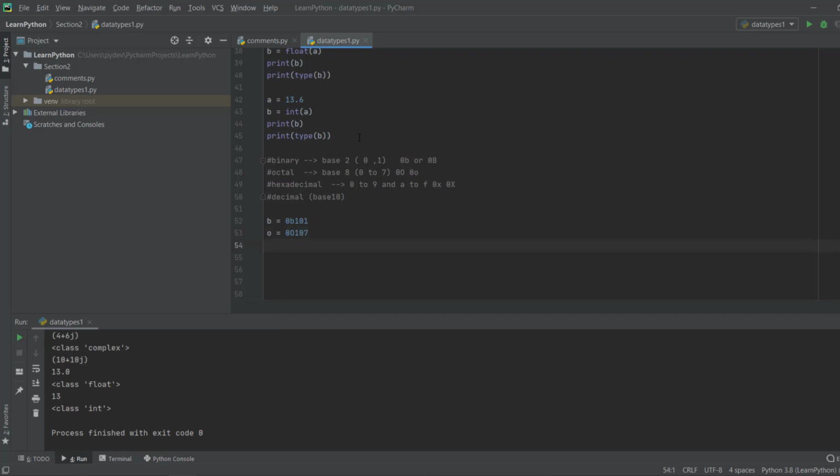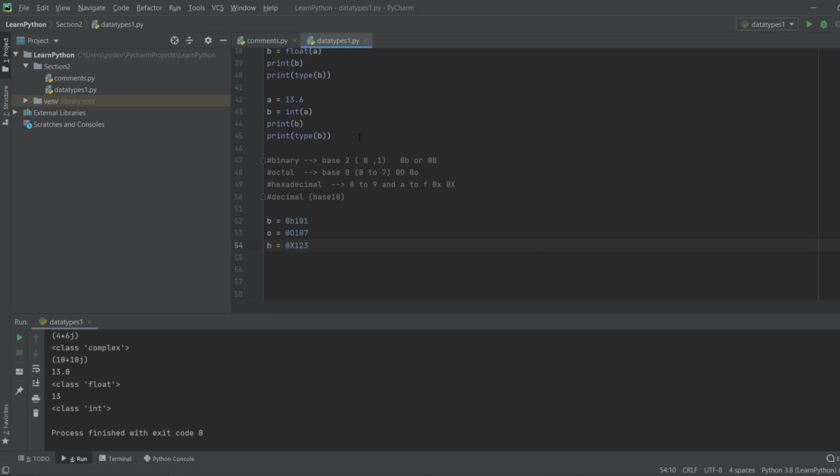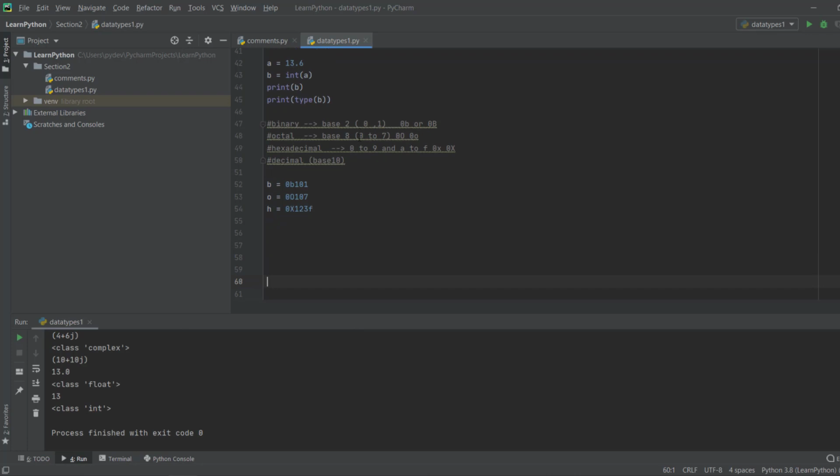And hexadecimal, I can say 0x123F, something like this. This is how you are actually going to represent all your numbers.